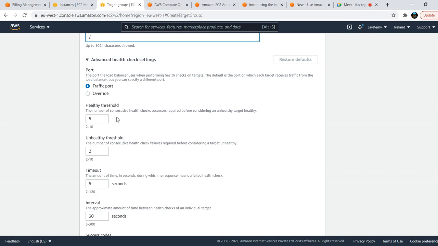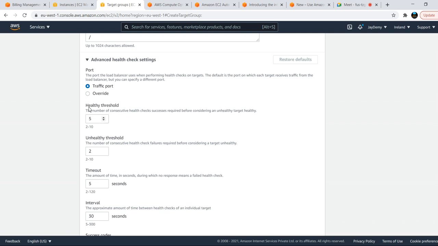There is a time interval of 30 seconds, so every 30 seconds it will send a request to verify the status of this machine.